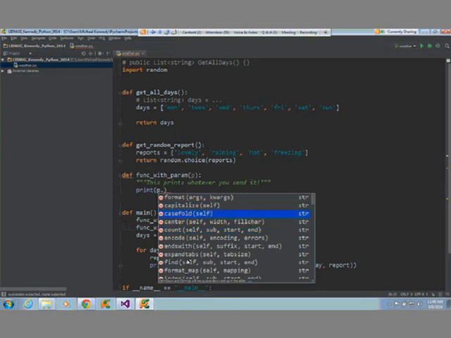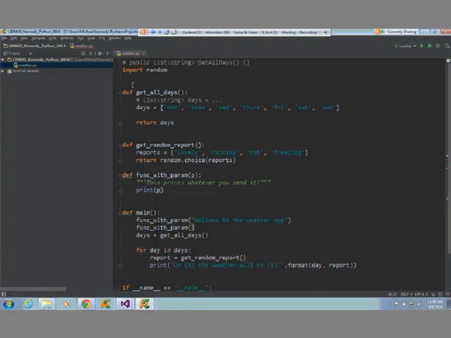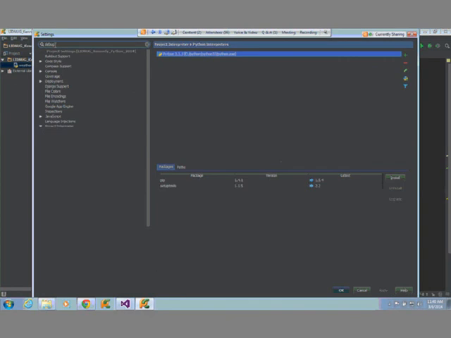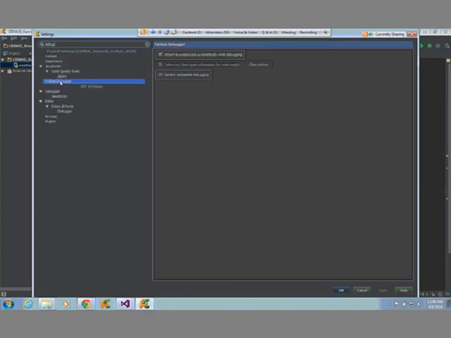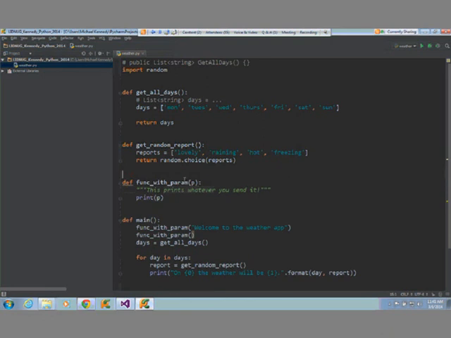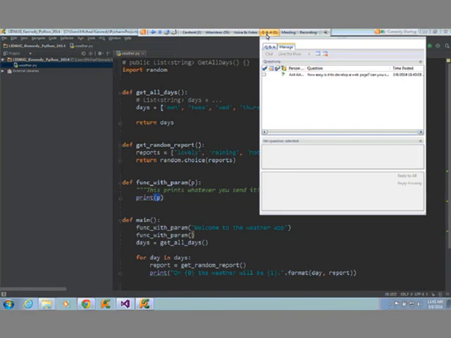And if it can't figure that out, there's some cool features where you can go to Python debugger and say collect runtime type information for code insight. What that means is as you debug, it collects what is passed to these methods, and it goes, oh, every time this was called, a string was passed, so all of a sudden this gets IntelliSense for string, things like that. Pretty awesome. Okay, so that's probably enough IDE stuff.